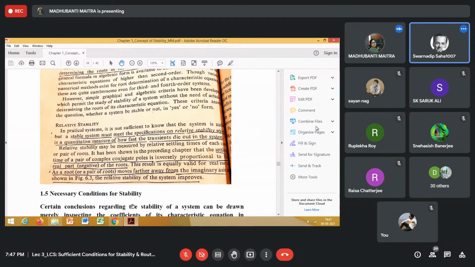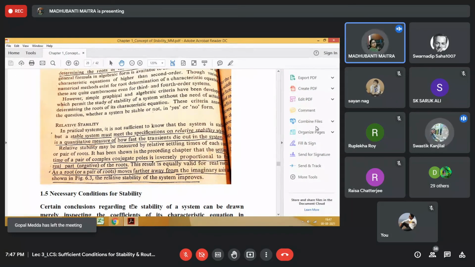Yes, ma'am. It will give you the idea how fast the system is, how quick the response is. Not rise and fall time, actually. No, rise and fall time cannot be associated with the stability aspect. For a second order system you can define rise time, and for a first order system, time constant. But as I said, rise time is also indicative.